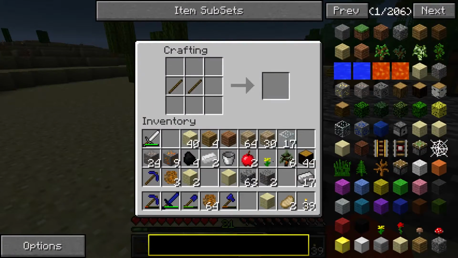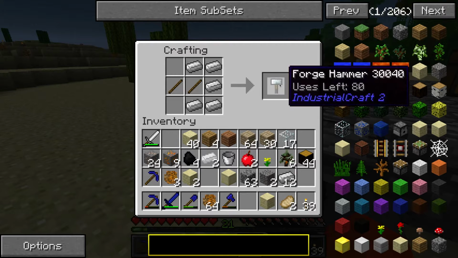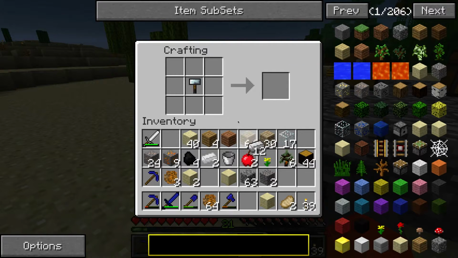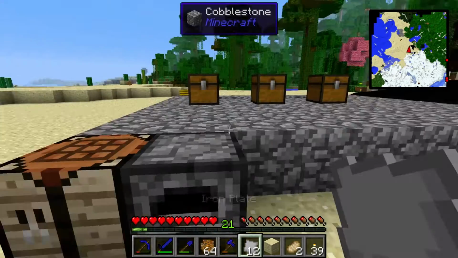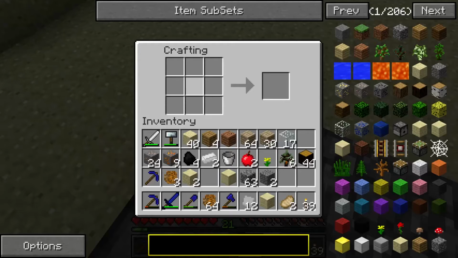Hope I got this right. 5, like that. Makes us a forge hammer. Put the forge hammer there with the iron. It makes us iron plates. Perfect. Okay, so now if we take our iron plates around the outside, that should make us a casing, which